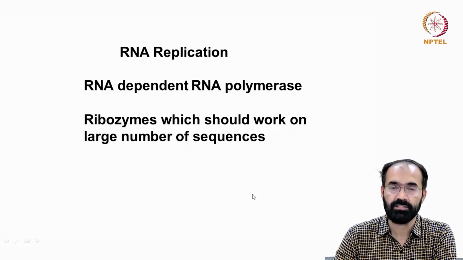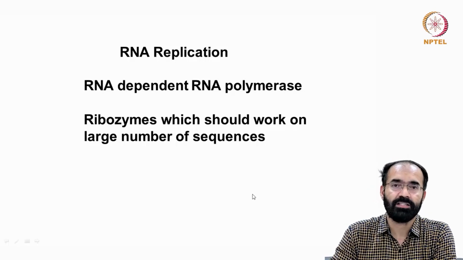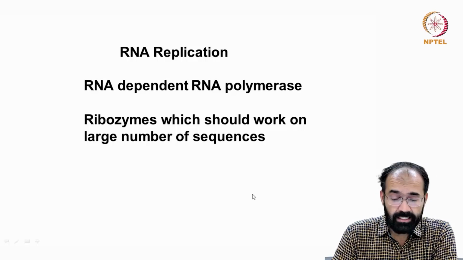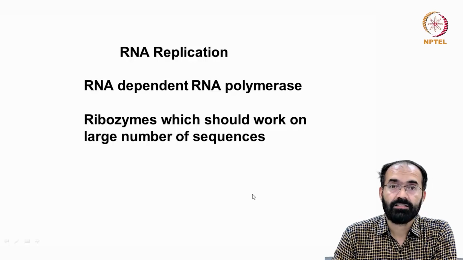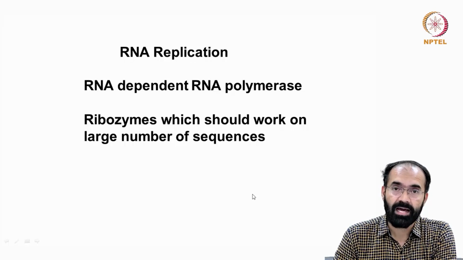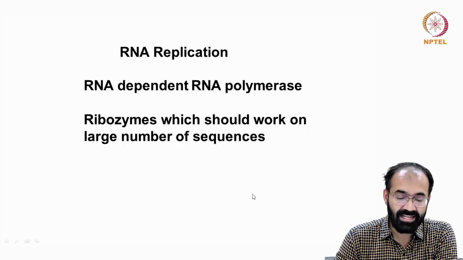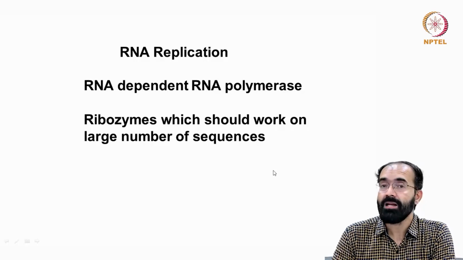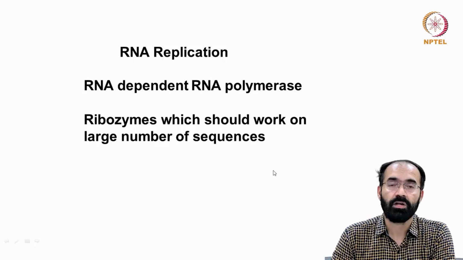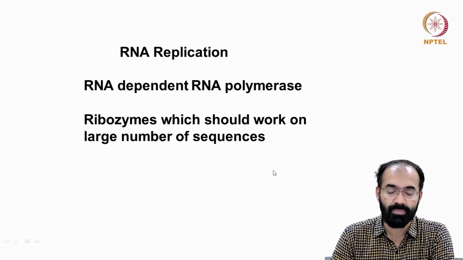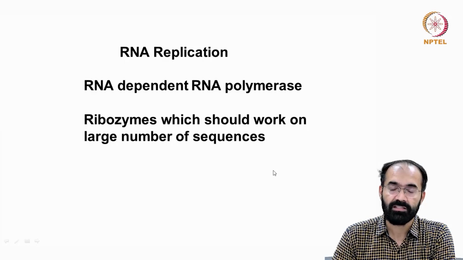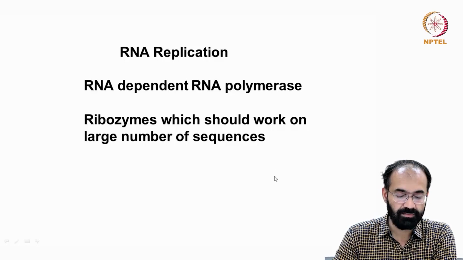When you get a viral infection, say COVID infection or influenza infection, like influenza means common cold, you get sore throat, etc. So another example that is known to help in the replication of the RNA that is formed in the prebiotic world is the ribozymes, which should work on a large number of sequences. Remember, in the prebiotic world, we are not considering enzymes made of amino acids. Protein enzymes are missing. We do not have protein enzymes. So the ribozymes have to take the job of making a copy of itself.